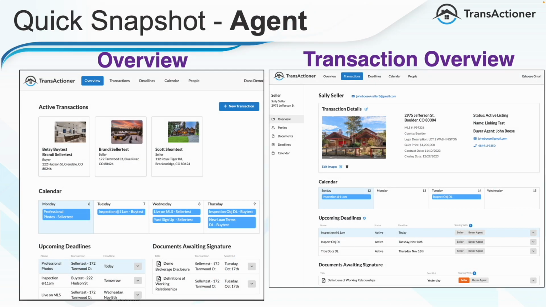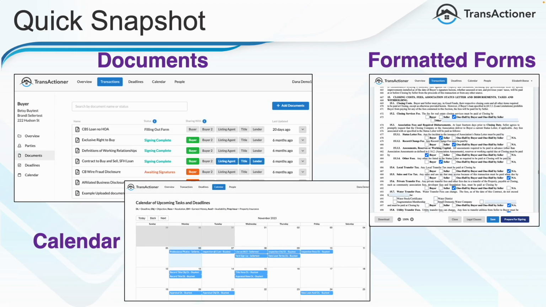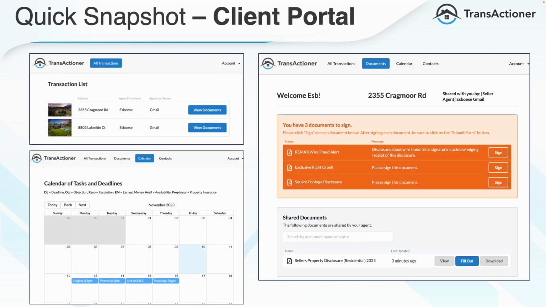Quick snapshot, taking a look at the agent view on the left is the overview page when they first log in. On the right is the transaction overview, which as a TC you will also see. The documents page where we have all the documents and the status of the signatures as well as who it's been shared with. An up-to-date real-time calendar, formatted forms make it a little easier to read, and a quick snapshot